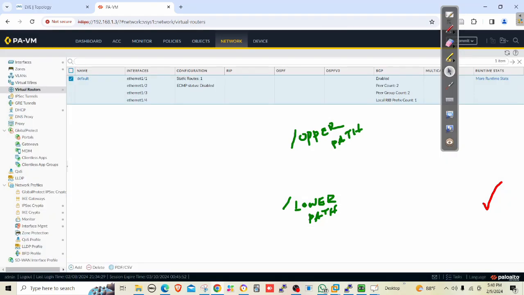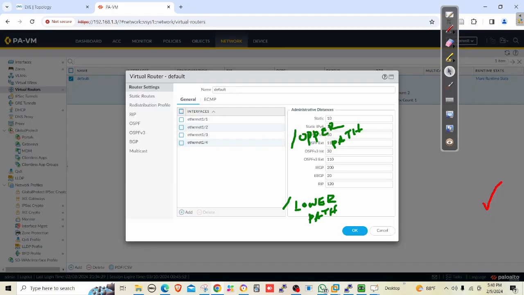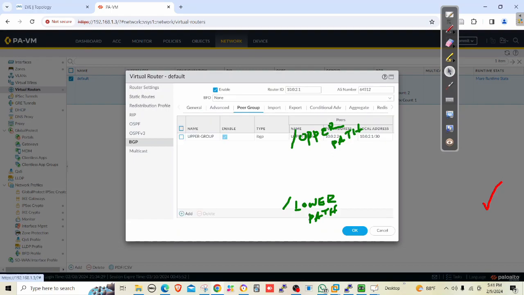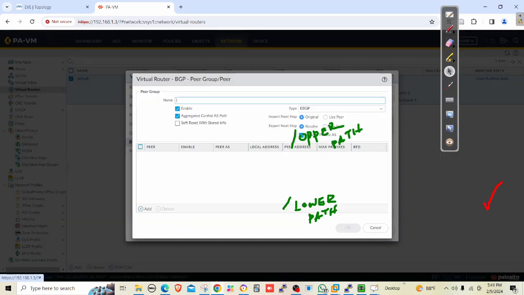Or otherwise, let's configure both. I think we don't have to worry that much, because we have already done the upper group, and let me configure the lower group. This is the lower group,